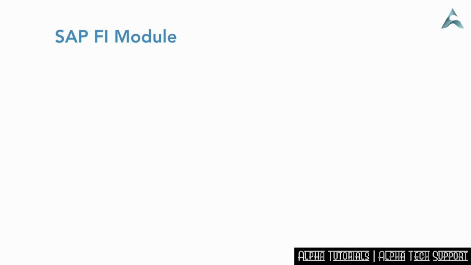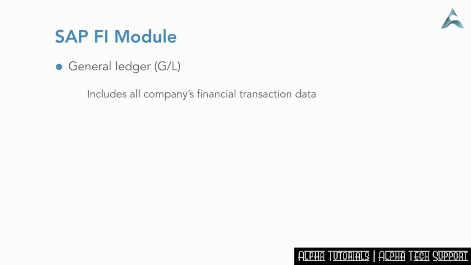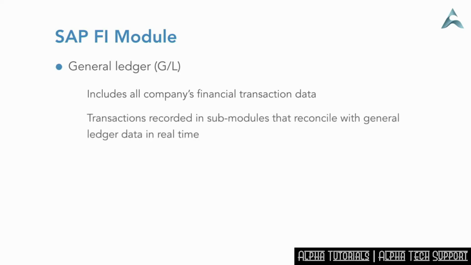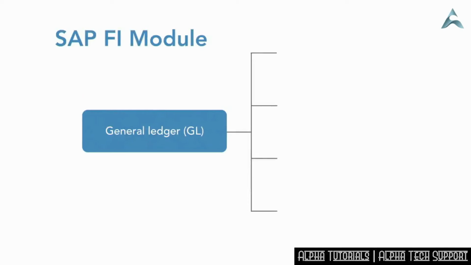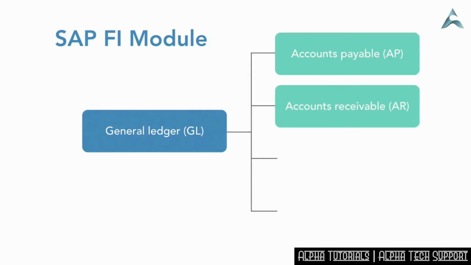In SAP FI, the first place to start is with the General Ledger, or GL. The GL includes all of a company's financial transaction data and a chart of accounts, where all of the accounts are listed in the system. Transactions are recorded in submodules that can be reconciled with the General Ledger data in real time. The 4 primary submodules of the SAP FI module in the General Ledger are Accounts Payable, Accounts Receivable, Asset Accounting, and